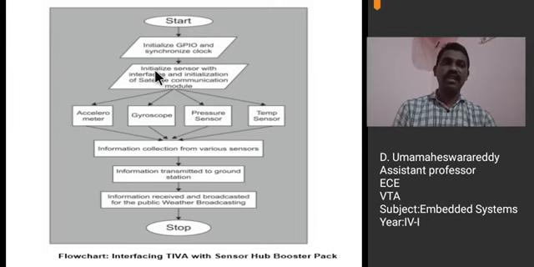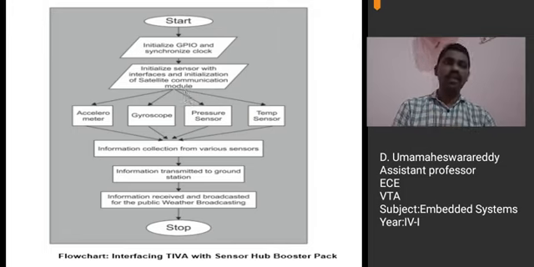Next, initialize the sensors with the interface and initialize the satellite communication module. That means we are initializing the sensors required for sensing the external information, and we are initializing the satellite communication module in order to broadcast the information.